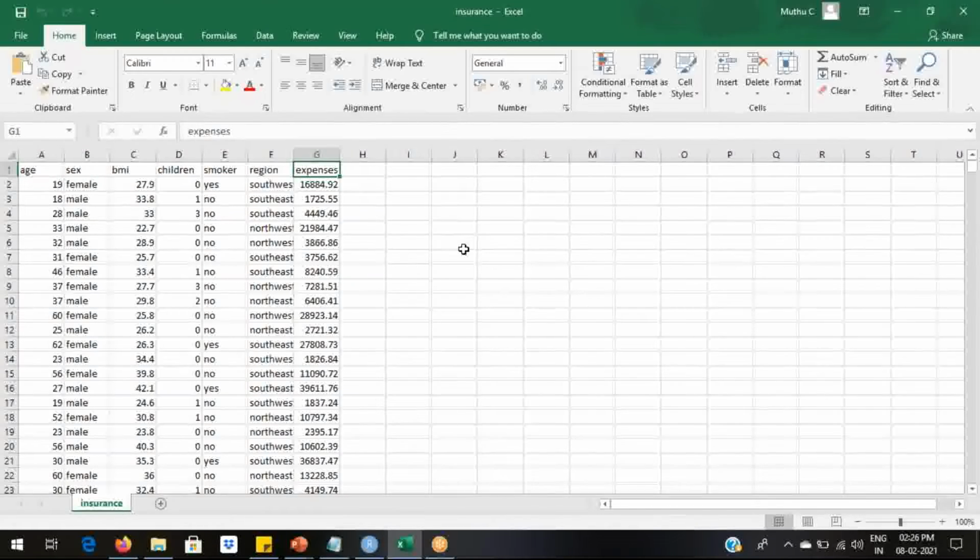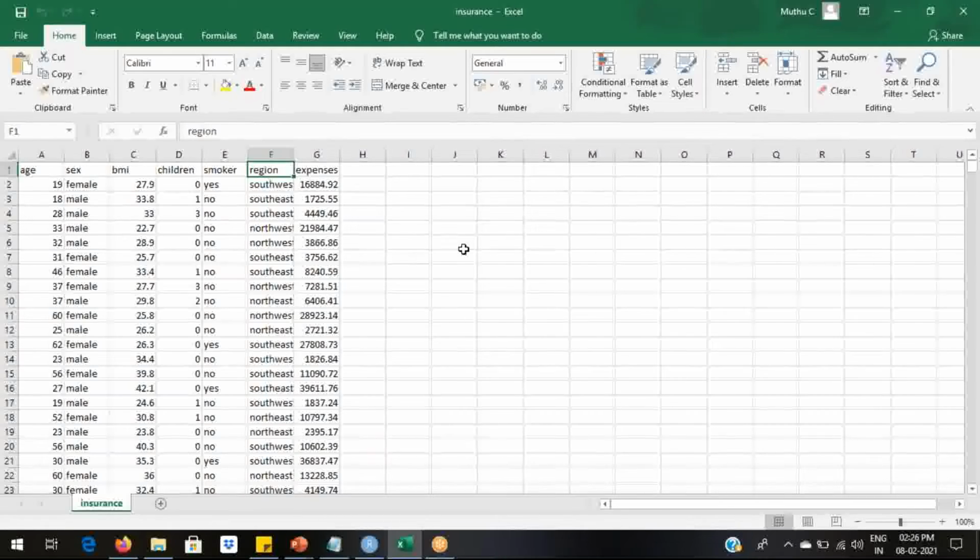So what we want to predict is the dependent variable, which is expenses here. And the remaining 6 variables are independent variables. That is age, sex, BMI, children, smoker, and region are independent variables.